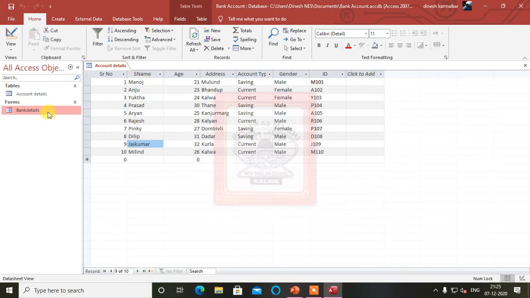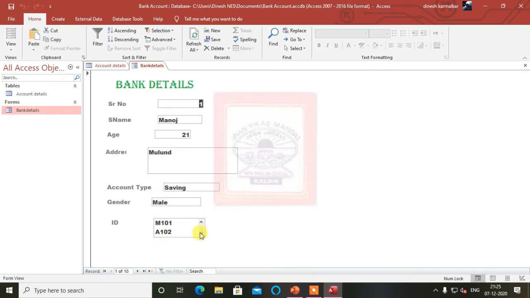Now we will see our form. We can see we are getting all the IDs here. It's a list box, so we get the whole list. Whatever 10 records we entered, we are getting them all here. This way we have bound our list box to ID.